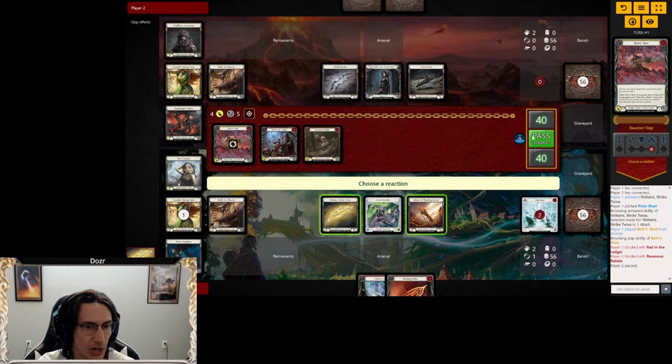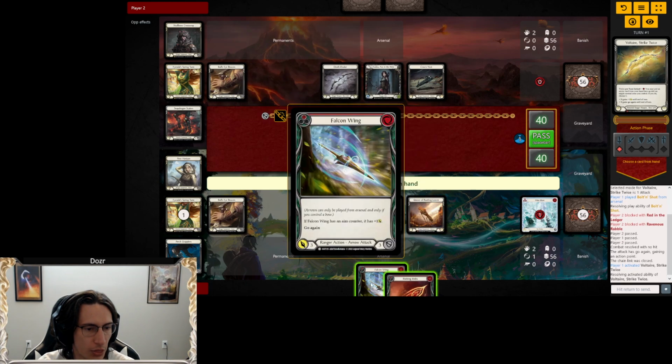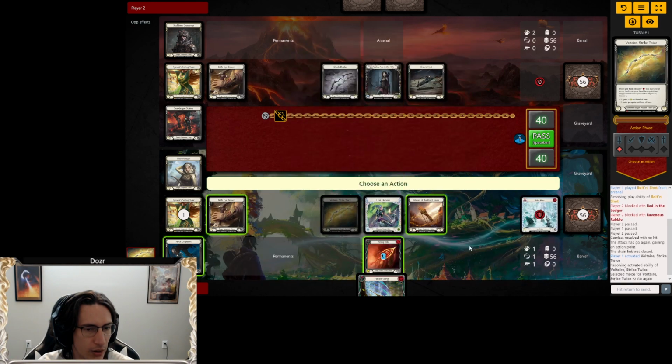Okay, we got a Red Ledger out of him already, so now we don't have to worry about that until he gets a Codex of Frailty. So that's pretty good. I like that. Let's pressure him some more and throw in our Pathing Helix with the Go Again. Now, the thing that I want to do here actually is Arsenal the Falcon Wing and not really give him any more chances to kind of,